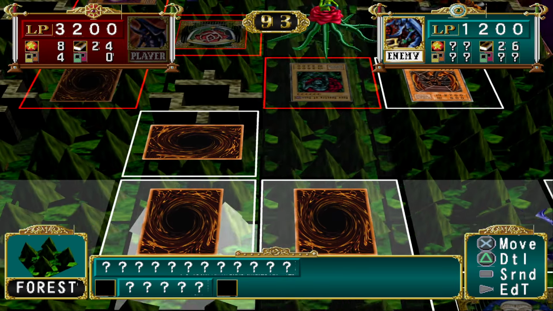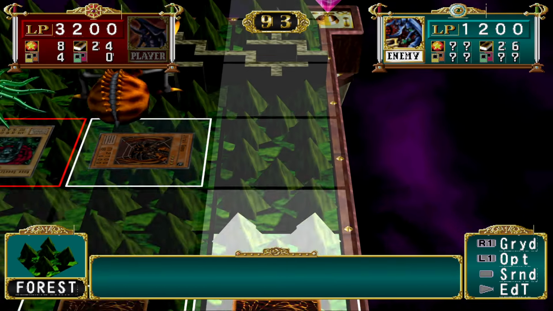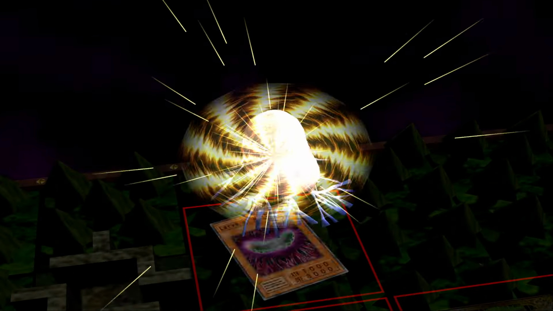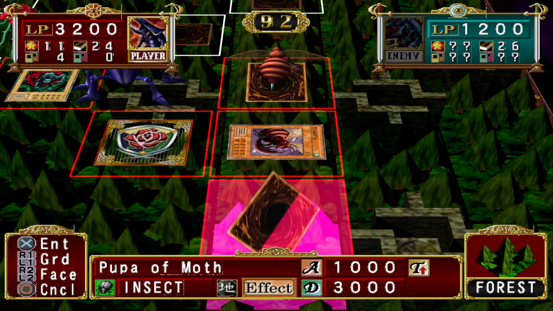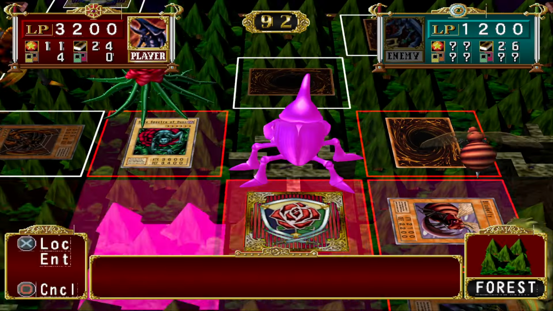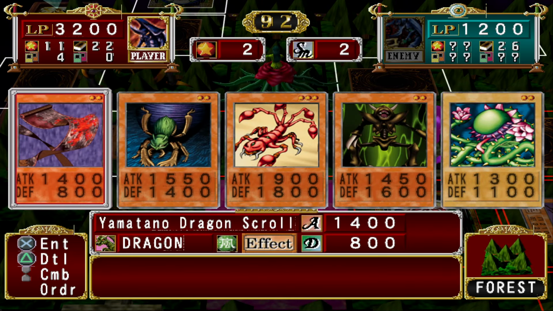So there's a couple cards we can take from him. He's used at least one. I know he's used 2 equips, but at least one of them has mattered. He fused into a Javelin Beetle, so we can take that from him. I'm gonna just...